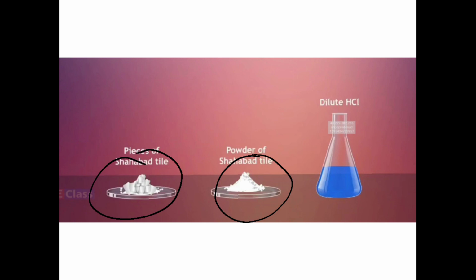The same thing can be explained when you want to make lemon juice by adding sugar. If you add sugar crystals, it will take a little time to dissolve in water, whereas if you take powdered sugar, it will dissolve faster. So definitely the size of the particles is going to matter in a chemical reaction. So children, whenever you want to do a particular reaction, decide whether you want to do the reaction faster or slower. If you want to do it fast, always use the powder form. Now the third thing is the concentration of the reactant.